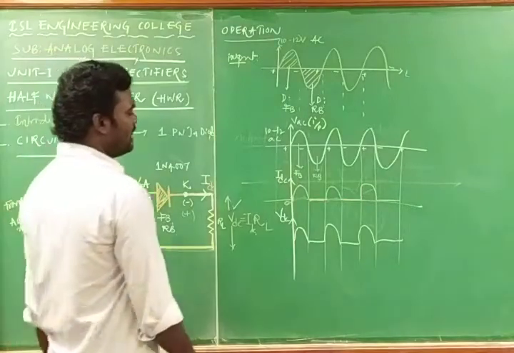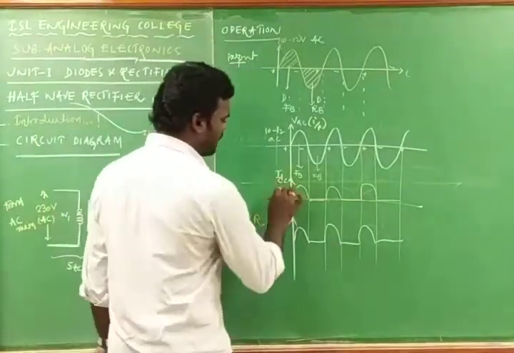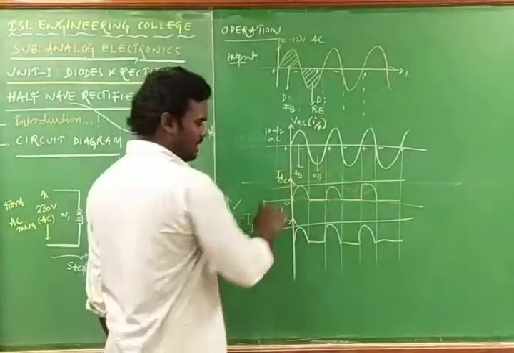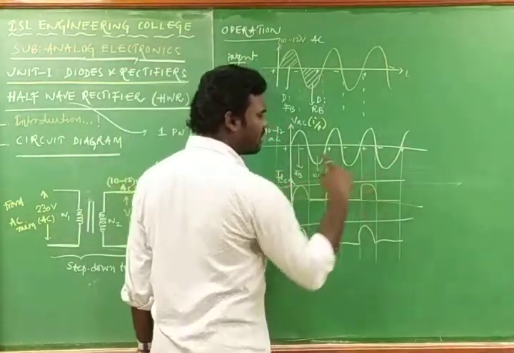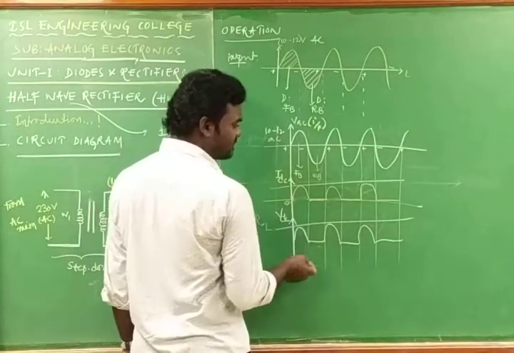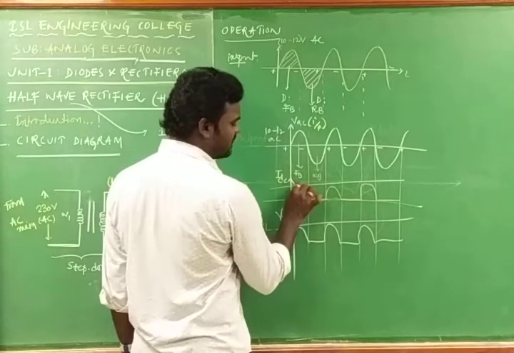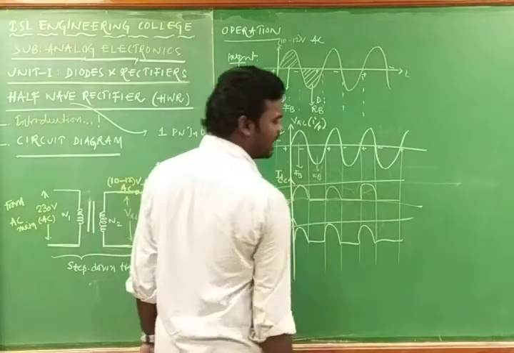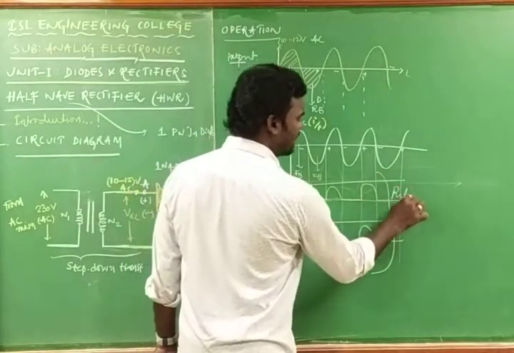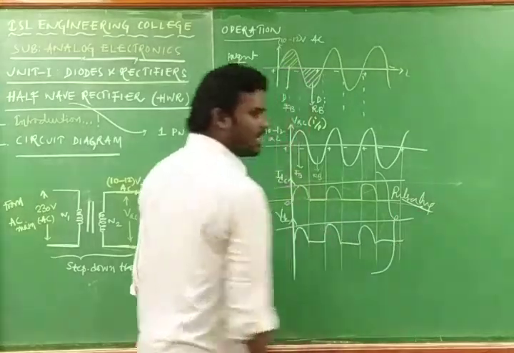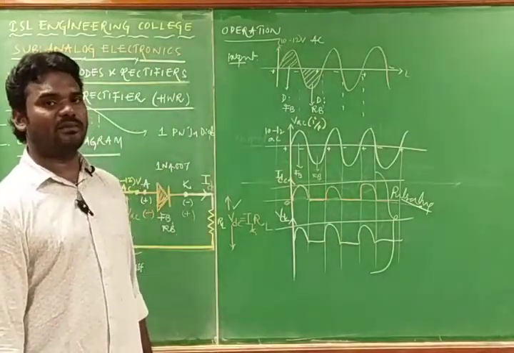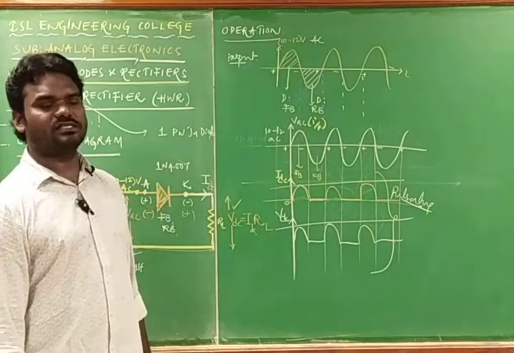If you see clearly, the output is not pure DC. Pure DC means it has to be constant irrespective of time. Only then is it called pure DC. But this, even though DC, is not constant with respect to time. Here to here it is varying, here to here it is varying. Likewise, it is not pure DC. This type of DC is named pulsating DC. Pulsating DC has AC content, and that AC content can be removed by making use of another electronic circuit named a filter.